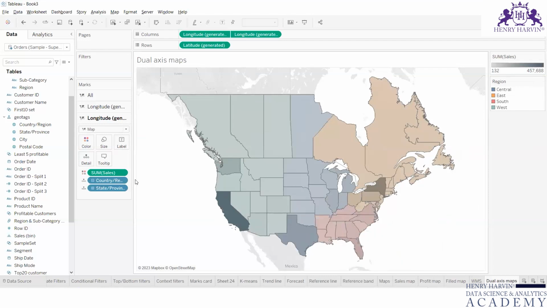So yeah, that's that. And this is what a dual axis map is. So with this, our modules